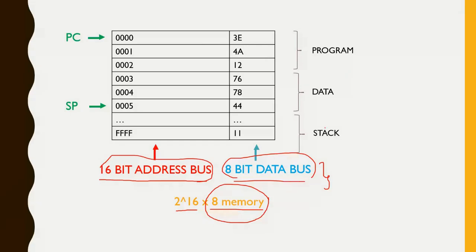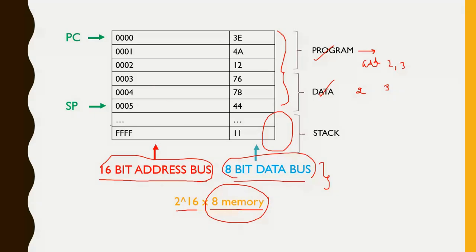And in 8085, there is some space which is dedicated to the stack only, and the remaining space is dedicated to programs and data. Now you might be thinking, what's the difference between program and data? Let's say the task is to write a program to add two numbers. My data will be those two numbers. Let's say those two numbers are 2 and 3, and my program will be add 2 and 3, right?